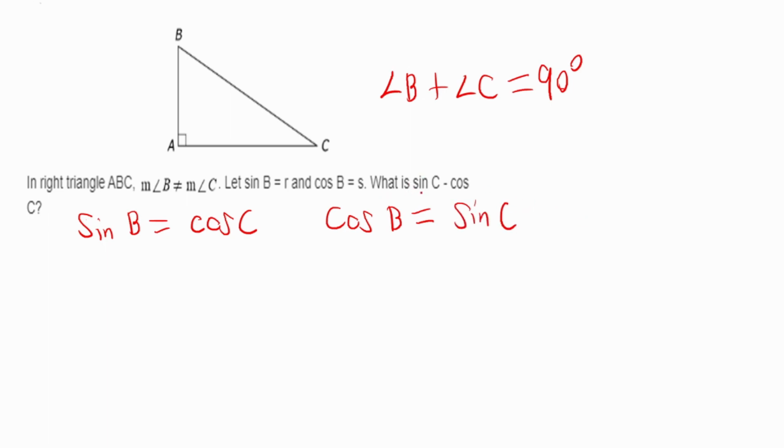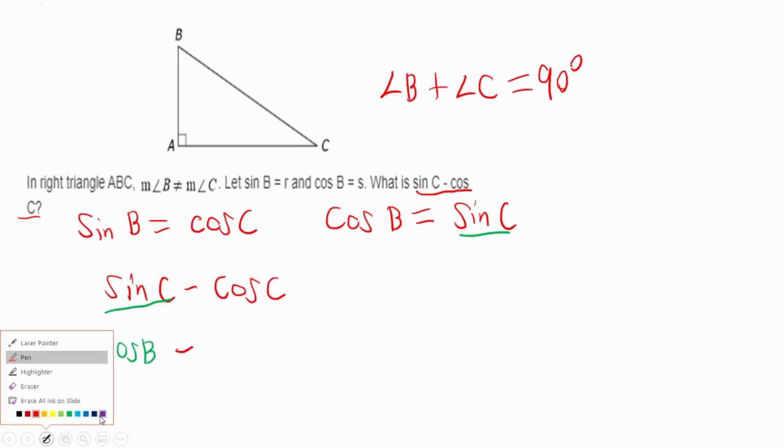So if we take our final equation here, sine of C minus cosine of C, let's rewrite it. And let's start substituting what we know. Well, let me switch colors for this. What is the sine of C equal? Where else do we see that? We see it right here, sine of C. And it's going to equal the cosine of B. So I could rewrite this as cosine of B